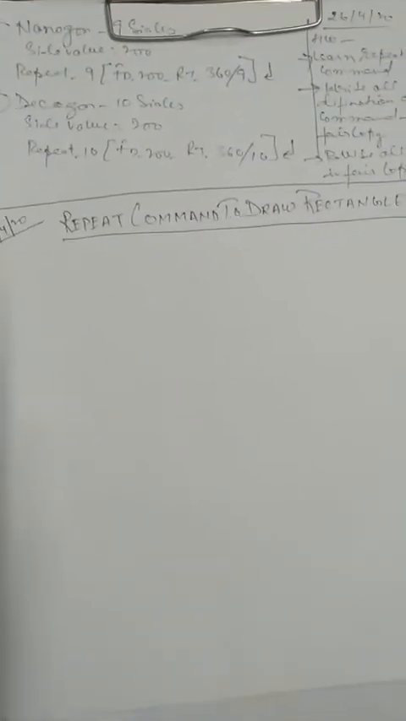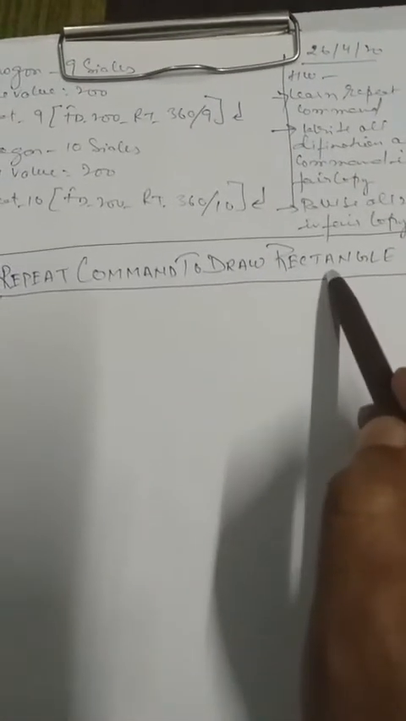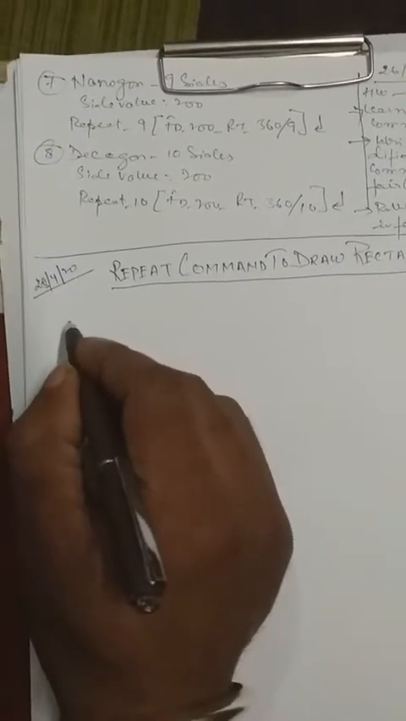And also I told you to write about all the commands, definitions, PU, PD, everything in your copy and learn it. Today we are going to discuss how to use the repeat command to draw a rectangle. Do you know about the rectangle, my children? If you have seen a rectangle, then you might know that